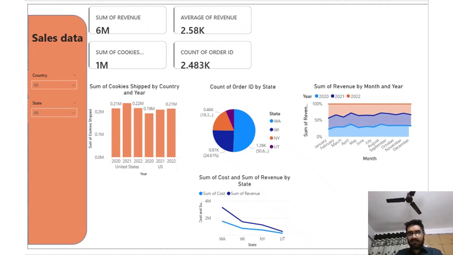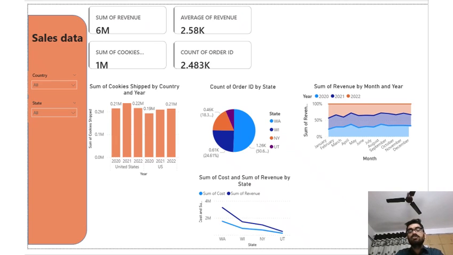Sir, I would like to give the business overview of the data I have interpreted and what this dashboard tells us. The dashboard shows a clear summary of the company's sales activity: the total sales revenue is 6 million, the average revenue was 2.58k, the sum of cookies shipped was 1 million, and